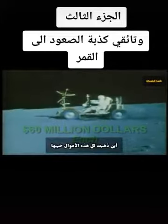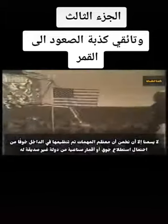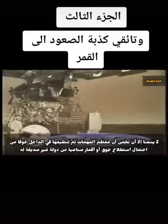Where was all this money going? Then there's the flag, blowing in the wind, at least twice, on the atmosphereless moon. We can only guess that most of the missions were staged inside, for fear of possible aerial or satellite reconnaissance